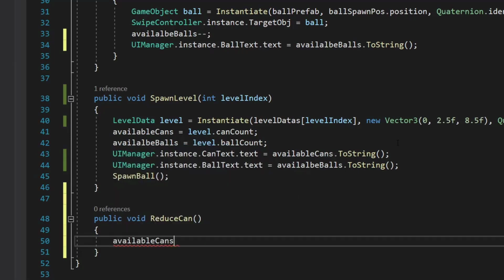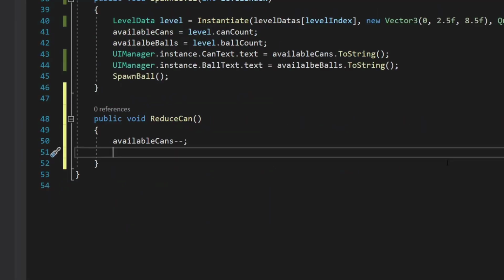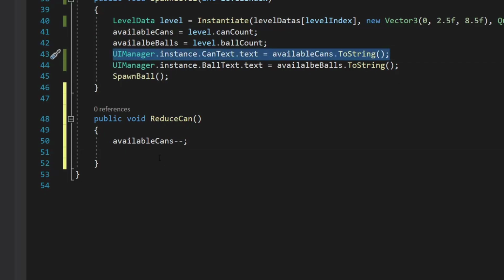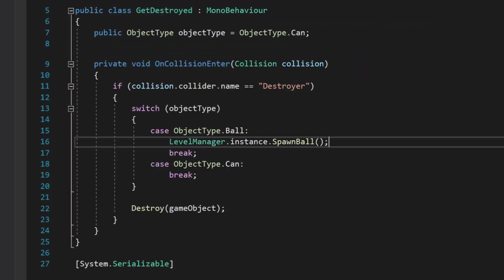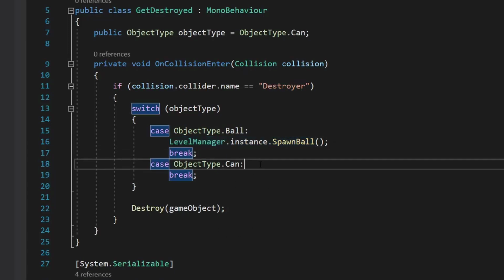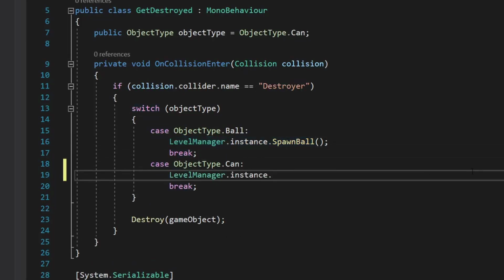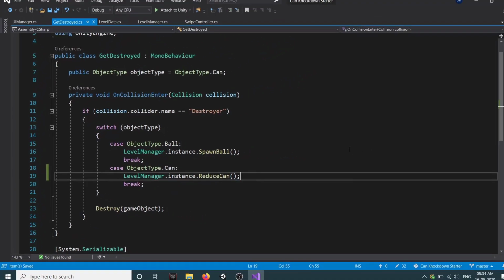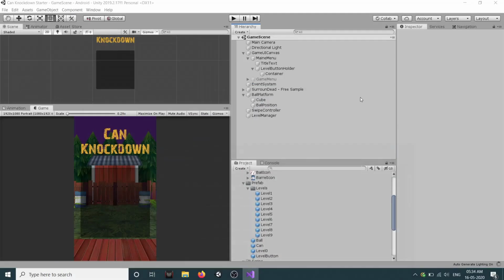So we will reduce our available cans by 1, and we will set our can text here, and in our GetDestroyed method we'll copy this, and in our can case we will call ReduceCan. So let's go back and try to play it again.